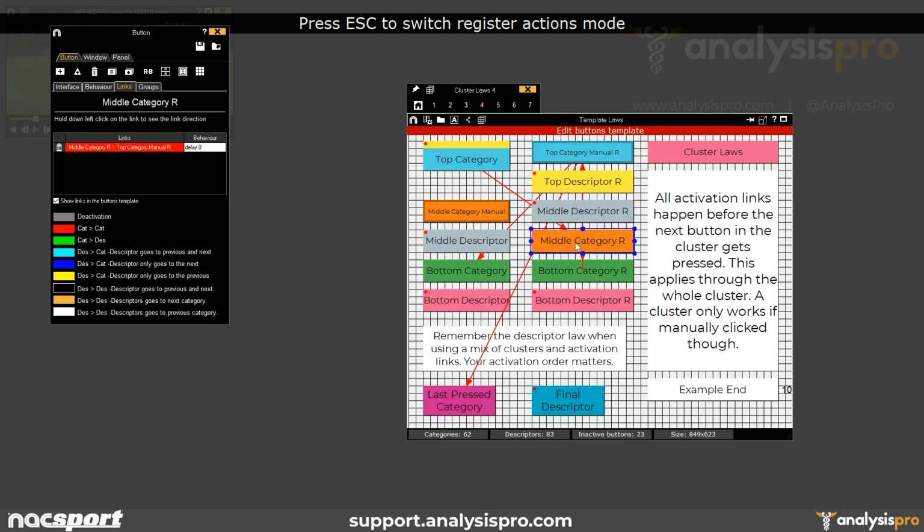So what we need to do now is look at what this button is doing. And this one is also doing another activation link up to this top one. And this top one is doing 3 activation links. And the important thing here is the order that I've added them. So the order they appear, the top of the list is going to happen first, and the bottom is going